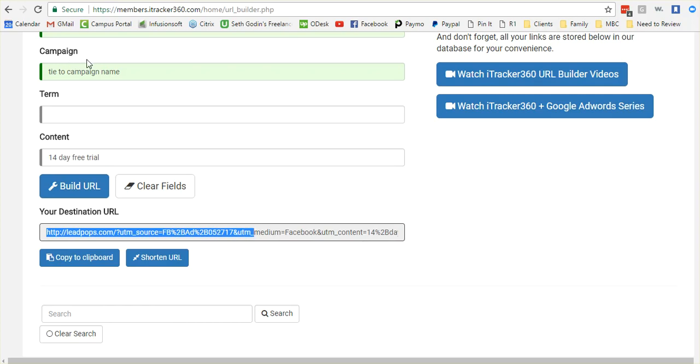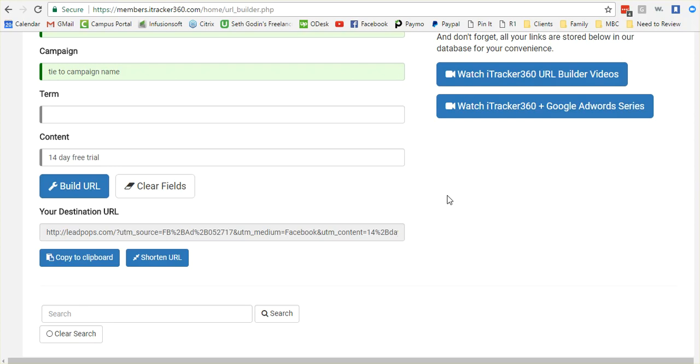instead of just saying go to LeadPops. So it's already got all of these details in it that we want in our contact, so that when we go later on and look at, say we run 5 ads and we want to compare them side by side, we can look at how many people we got from each one based on these criteria and decide which ad worked better for us in a very simple report, versus trying to figure it out the way we've been figuring it out. So this is a really good add-on feature that we want to do for our sites,